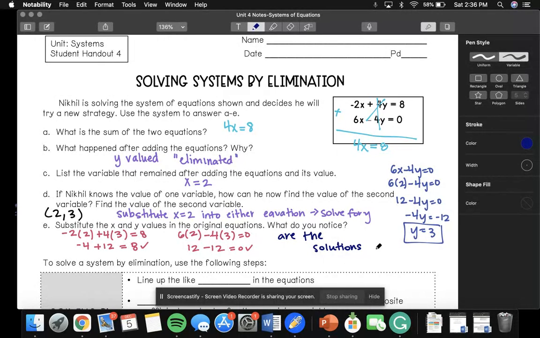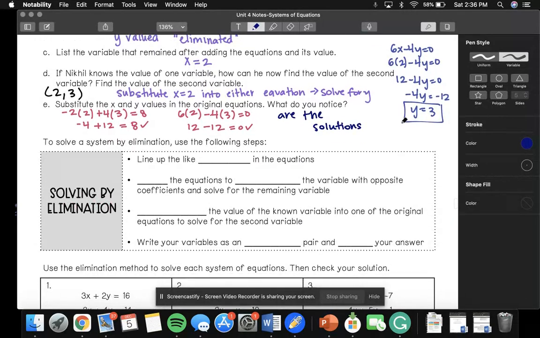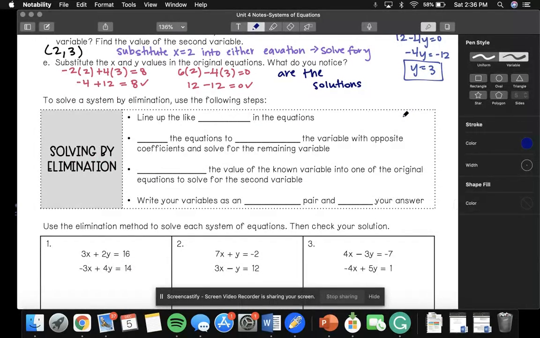So this way of eliminating something is the final way we could solve a system. The method requires us to line up the like terms in the equation. I like to think if they're both in standard form, this is when I definitely use elimination. So we will add or subtract the equations to eliminate one of the variables with opposite coefficients,